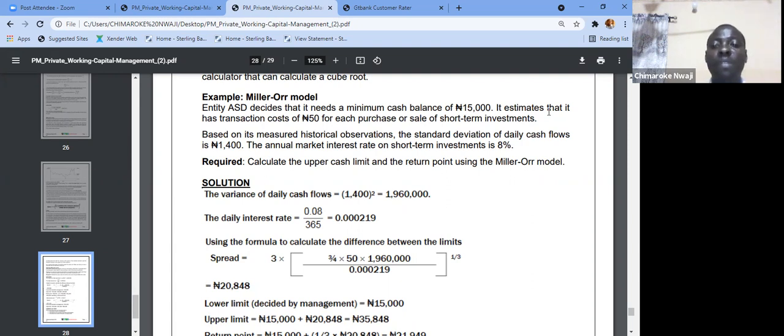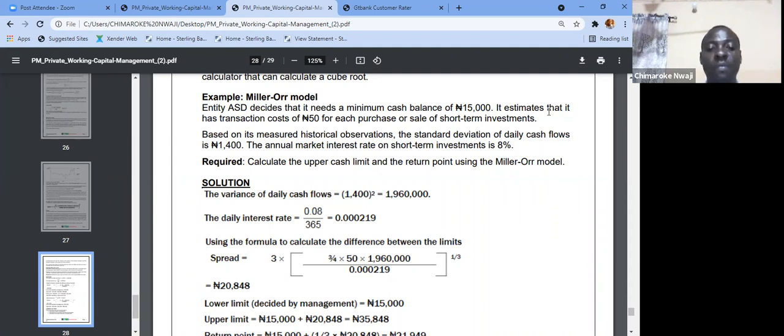Now, the standard deviation of daily cash flow, they said daily cash flow. So you see, you need to make your interest rates daily. So your standard deviation of daily cash flow is 1,400. So that means 1,400 times 1,400. Because you're squaring it, that will give you 1,960,000. So when you multiply that by 50 multiplied by 3/4, you have your numerator